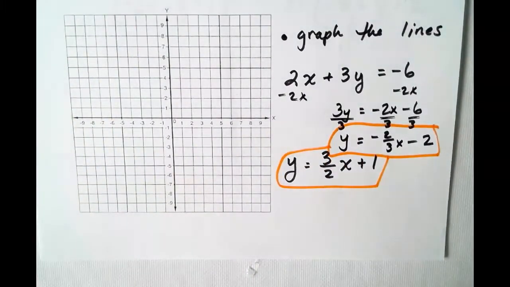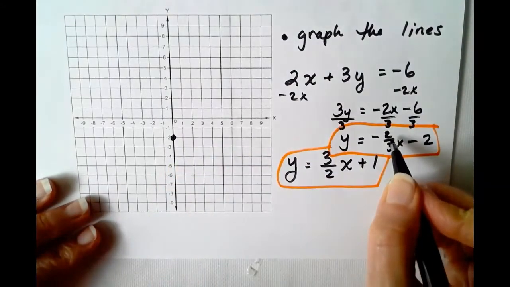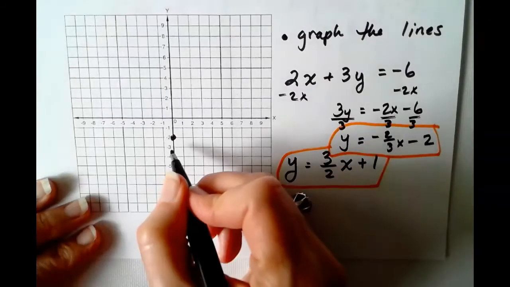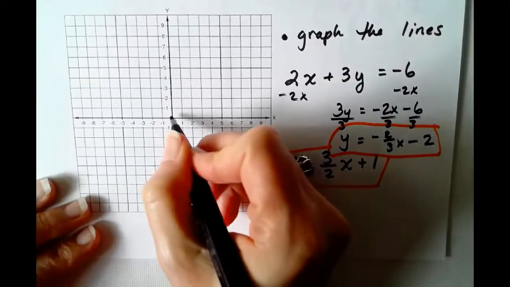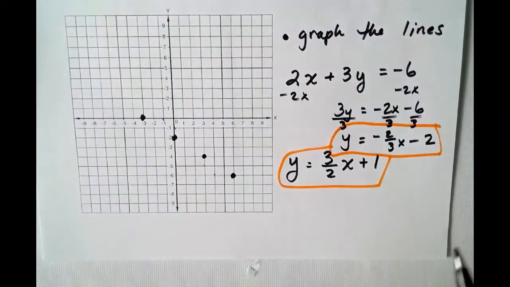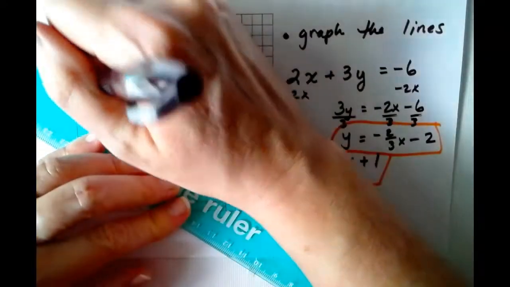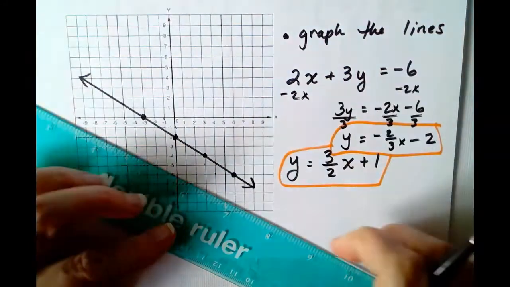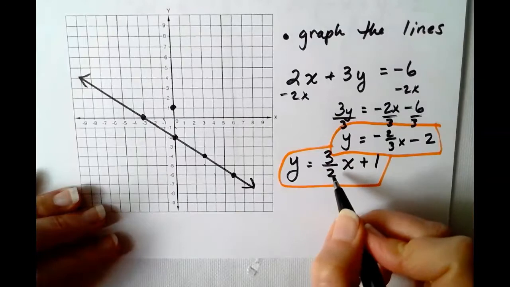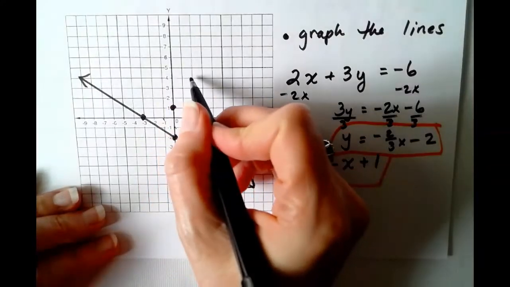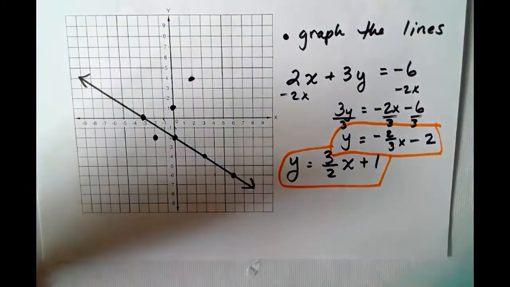Let's graph them both. So y-intercept is negative 2. The slope is down 2, forward 3. Down 2, forward 3, up 2, back 3. So using a ruler, remember the ruler is helpful to keep the graphs as precise as possible. Second line, starting at 0, 1, and slope is 3 halves. 1, 2, 3, 1, 2, 1, 2, 3, 1, 2. So it looks like